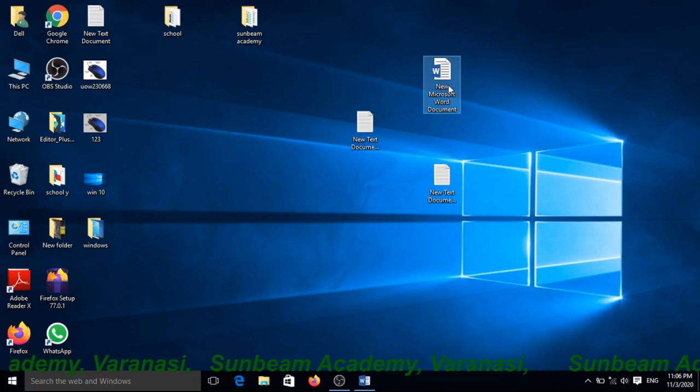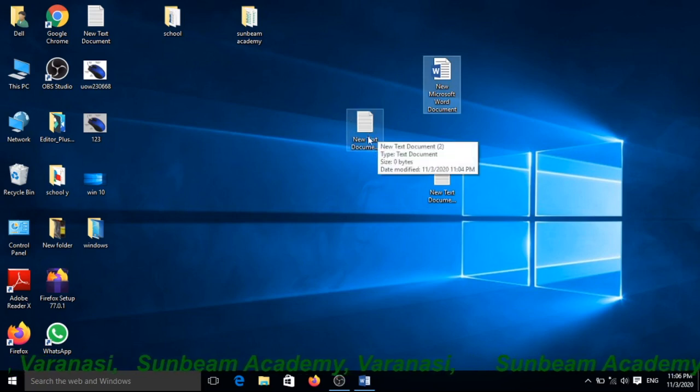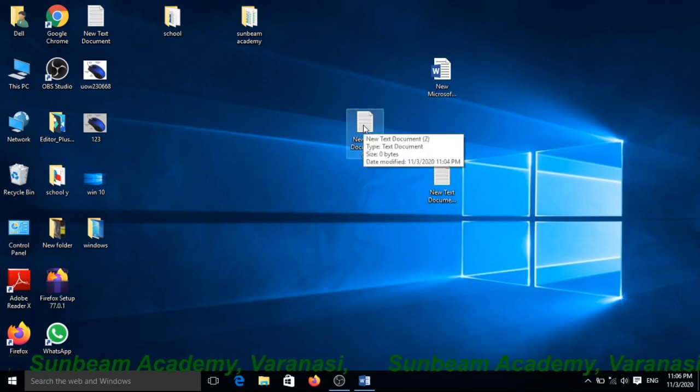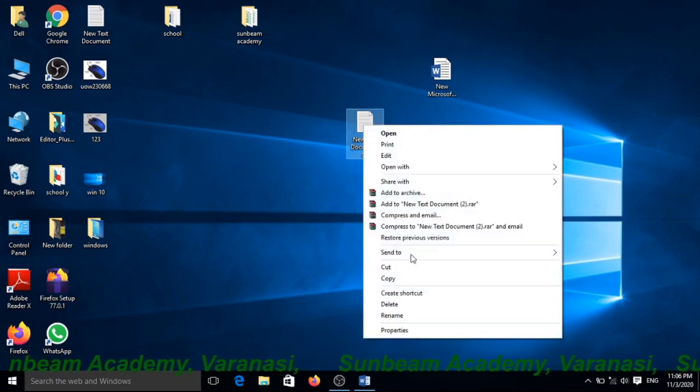If you want to rename, suppose I want to rename this file. First you have to select the file which you want to rename. Right click and choose the rename option.